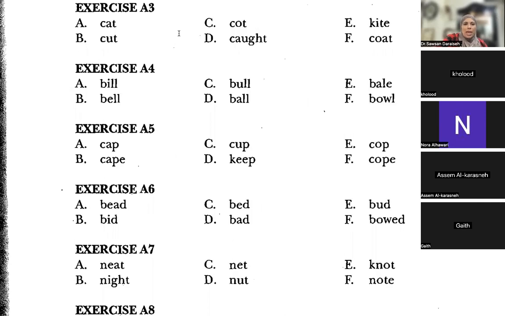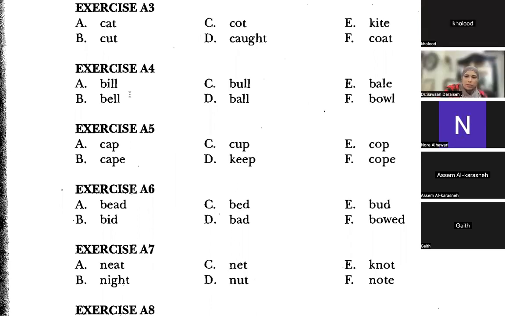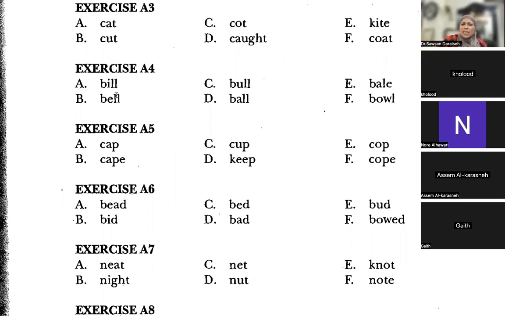All right, so we have a little bit more here. Bill and bell. What's the difference between bill and bell? What's the difference in meaning? One, doctor, the first is a bill and the second is a bell. Good job. But then, Bill Clinton, it's a name also. It could be a name, by the way, Bill, right? So in America, this is a name, Bill. But since the beginning is a small letter,